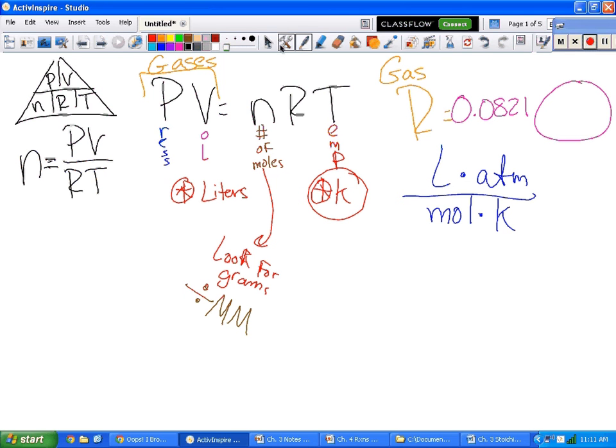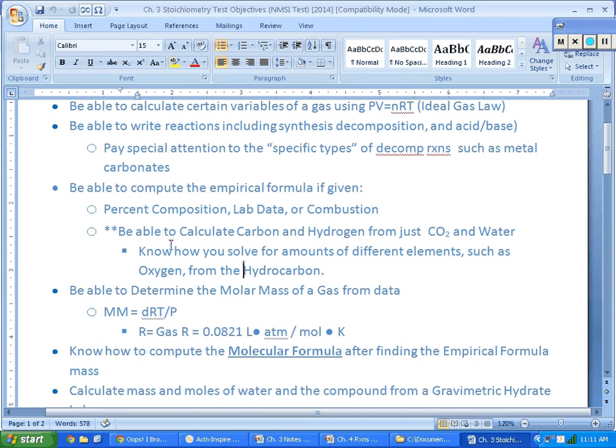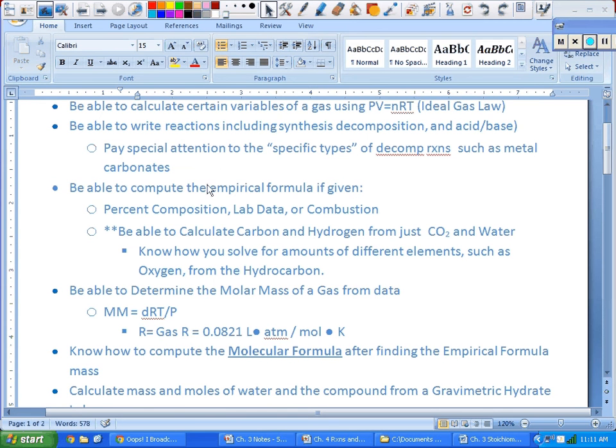So again, that was a whole little lecture on PivNerd if you've never seen it before. Number 2, be able to write reactions, including synthesis, decomposition, and acid-base. Pay special attention to specific types of decomp, such as metal carbonates. Okay, so here's what I want to do. I'm going to pop this up here, and just because it says this specific one, metal carbonates